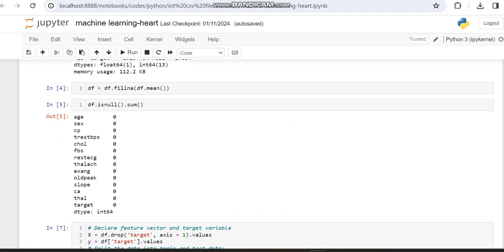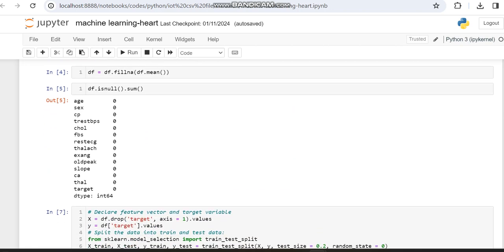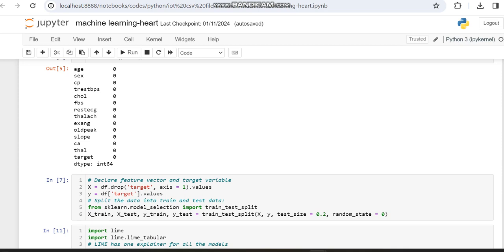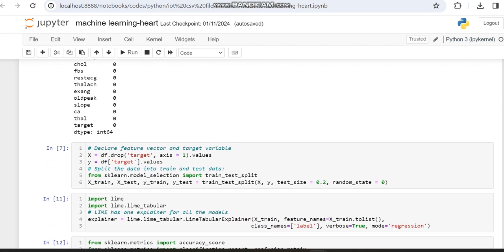There is no null value, so we are moving to declare the x value and also the y value. In the x value, as I said, we are dropping the target variable and choosing every other column as x, and for the y value we are choosing the target variable. Then we are using the train test split function to declare the other variables like x train, x test, y train and y test, and here we are declaring